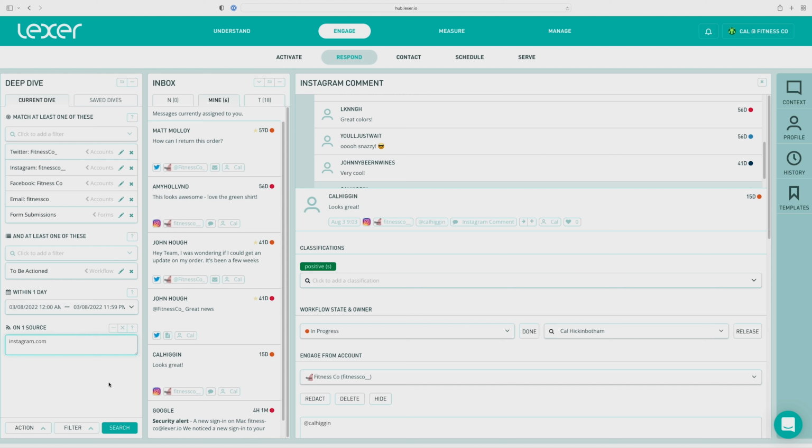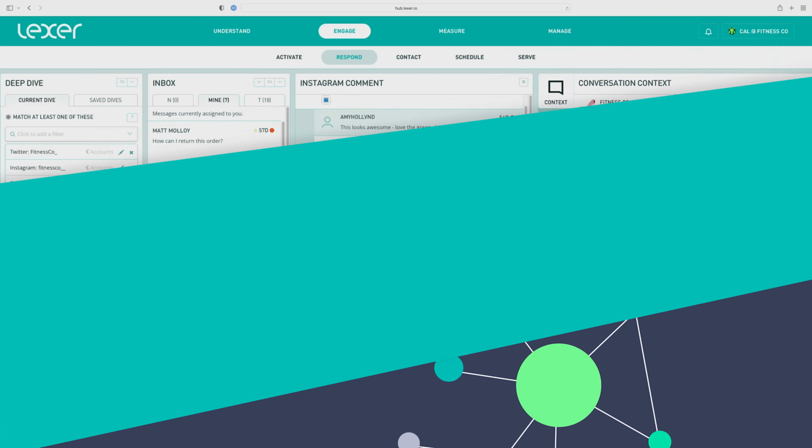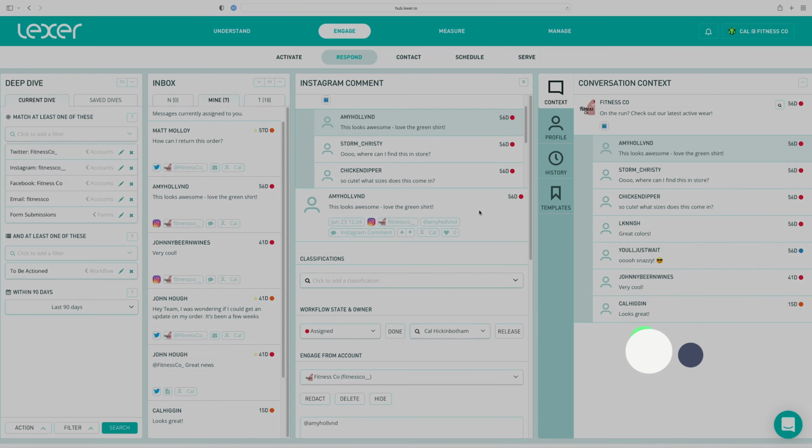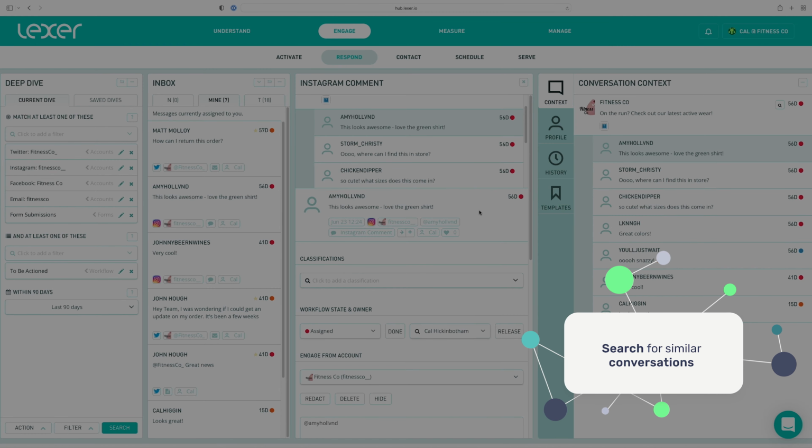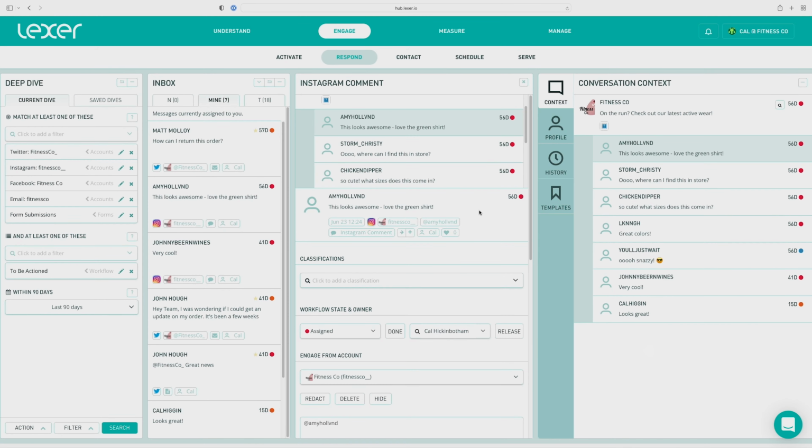You can see these added at the bottom of the current dive. Any other messages during this time period on Instagram would show up in this search. Do you use the related objects filter? It's a really handy tool. Let's say you've started a new campaign and posted on your socials. If someone comments on the post and you reply through Respond, you can then add this campaign to a deep